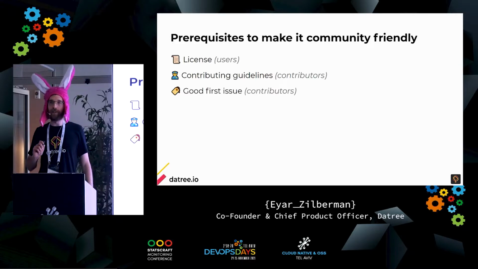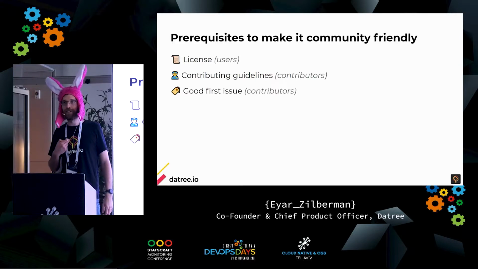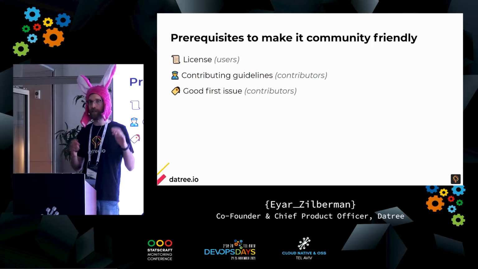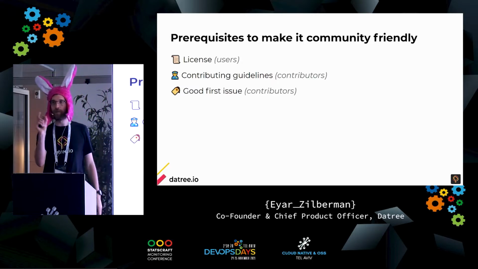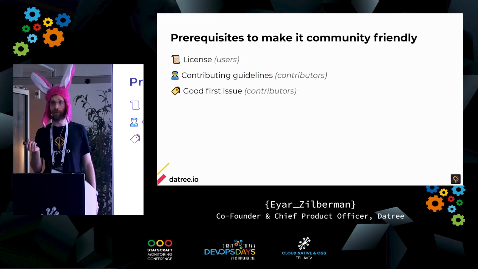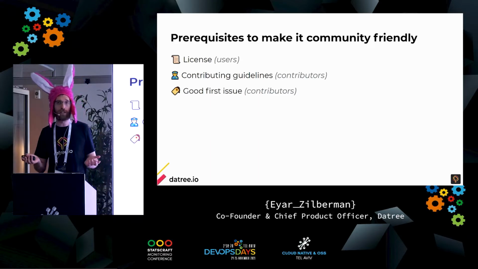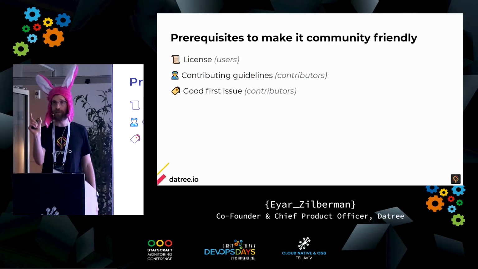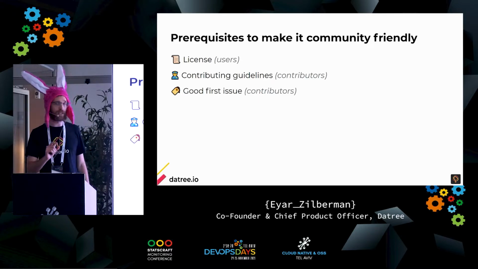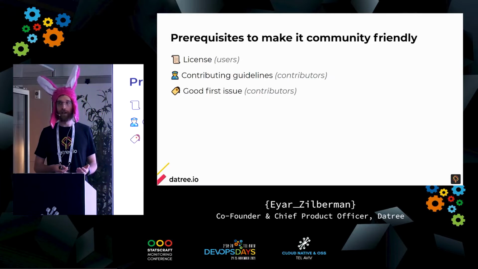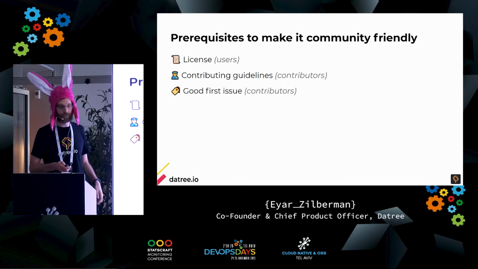Good first issue label. I was surprised by the impact of that. Inside your GitHub project, you can open different issues and put different labels on them. Apparently, people want to contribute code, but they don't know how to get started. They don't know which issues to choose. So you can put the label good first issue, so first-time contributors, people that want to help you with your project, know that this is the right place for them to start.